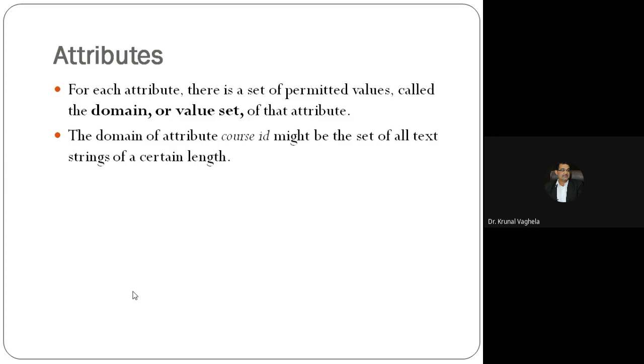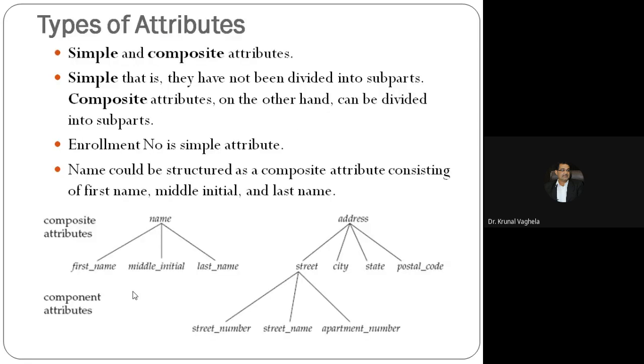What about your enrollment number? How many digits? You need to calculate, right? How many digits in your enrollment number? 11. So this is the domain. Got the domain? Now, an important question again: types of attributes. If you have a relationship set or entity set, what type of attribute can be there? It can be categorized into multiple categories. One is simple and composite attribute. Simple attribute and composite attribute.